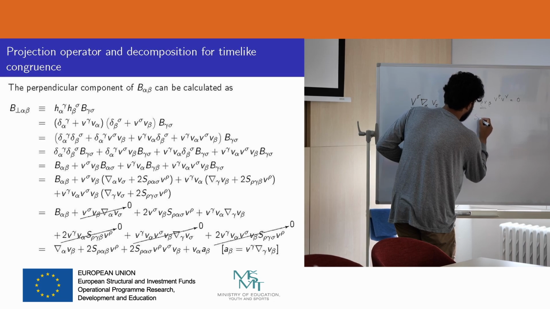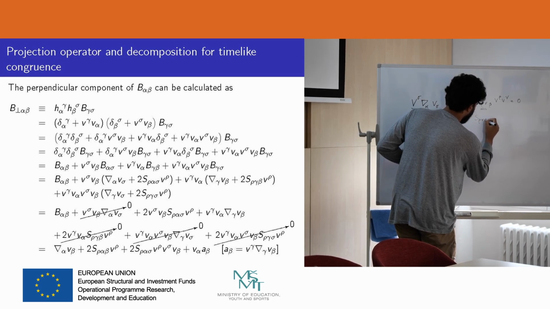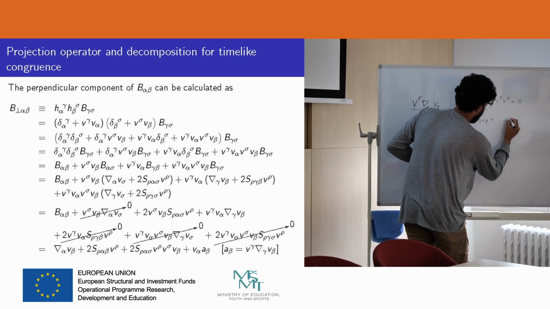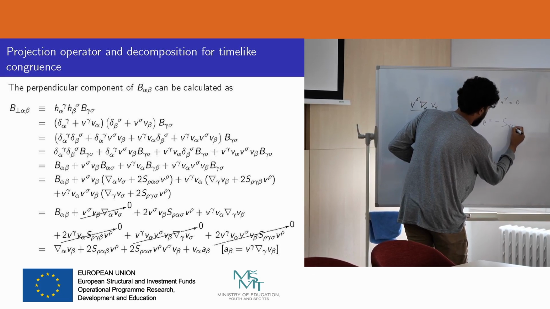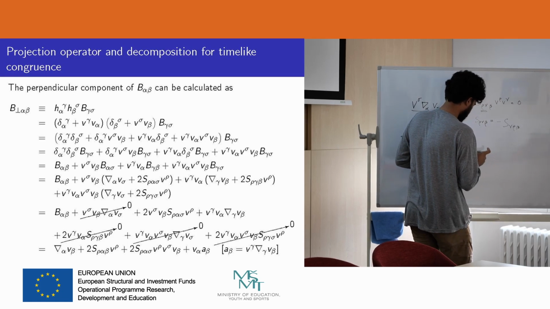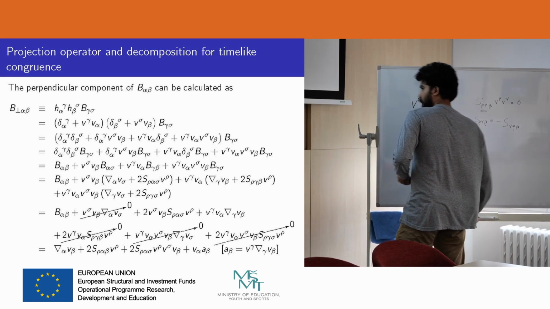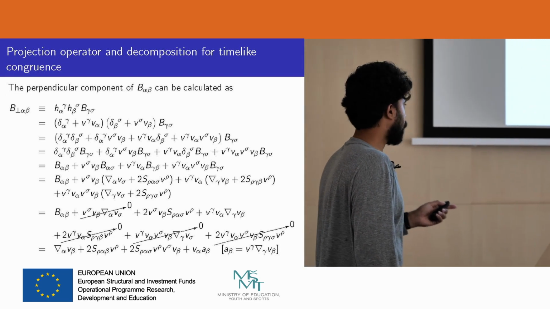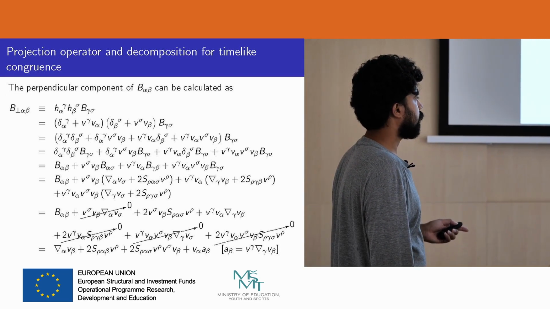So that means that S rho gamma beta is minus S gamma rho beta. So we can use this antisymmetric property, and we can say that this is going to 0,